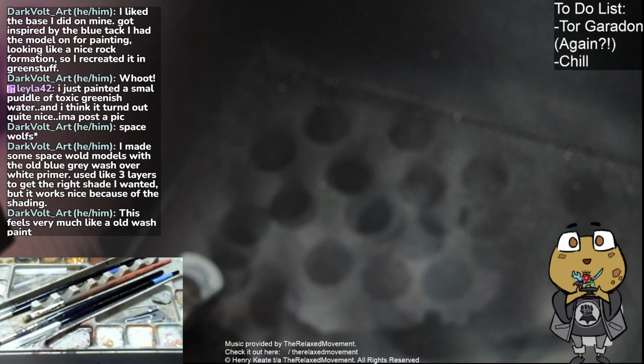You like the base you did on yours, got inspired by blue tack I had on the model for painting, looking like a nice rock formation, so you recreated it in green stuff. Inspiration comes from the best places, right? It comes from the strangest places, and sometimes...